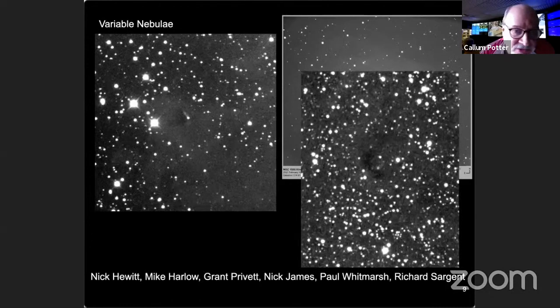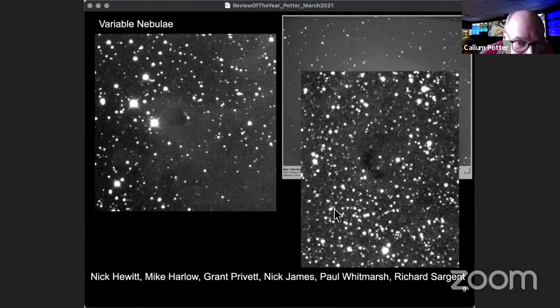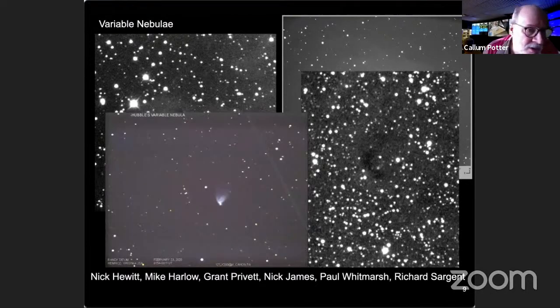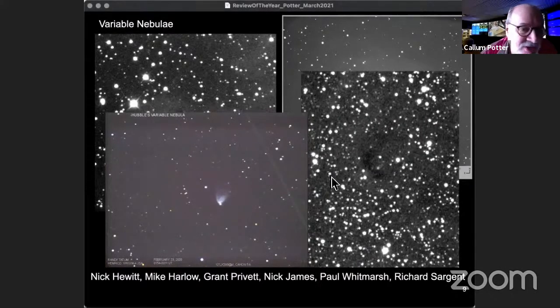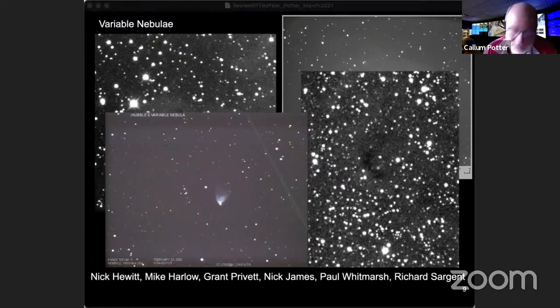And this is Grant's image of Borisov's nebula. I'm not quite sure where it is. I think it's just a little bit here in the middle, and this was using the PlaneWave. We also had a color image of Hubble's variable nebula. It's just a bit unusual to get color images of variable nebulae coming in. This was from Randy Tatum in Arizona, who is just using a color DSLR to take an image.